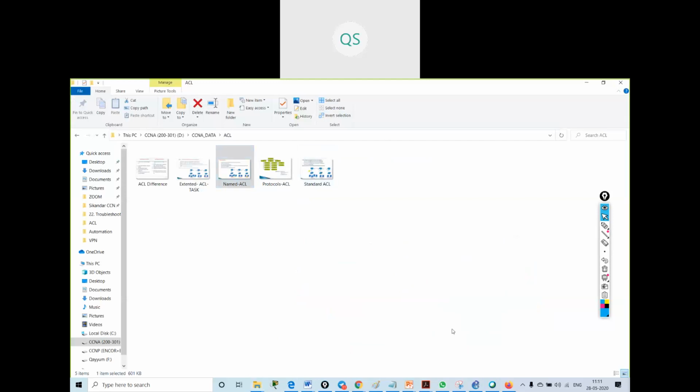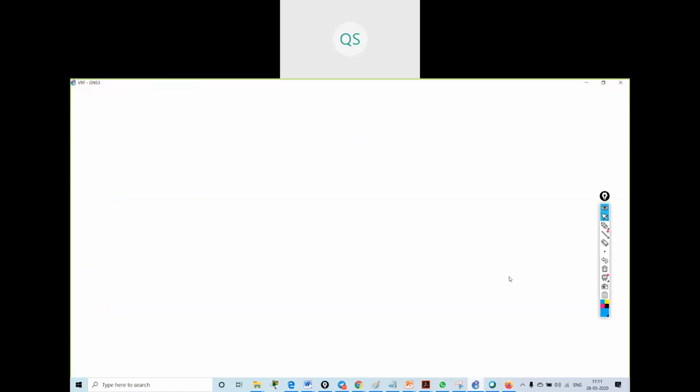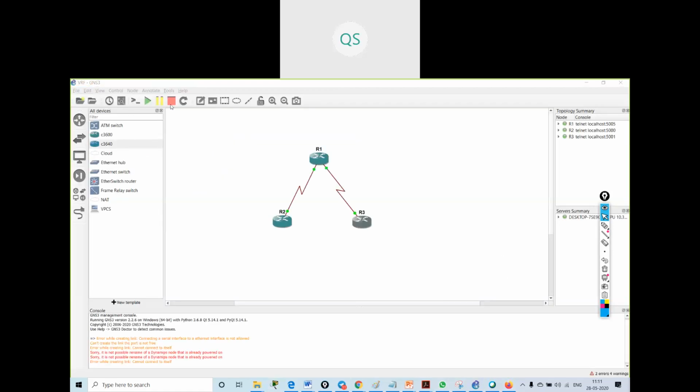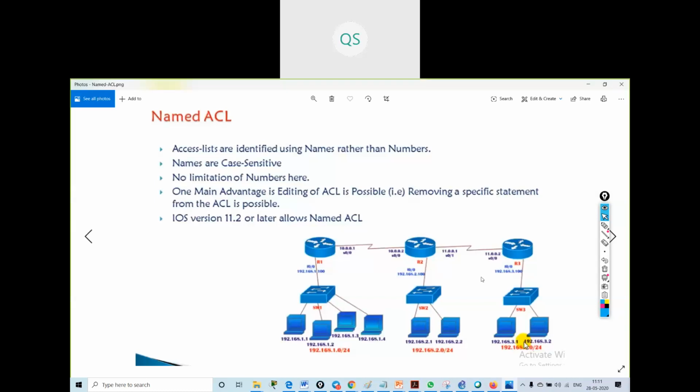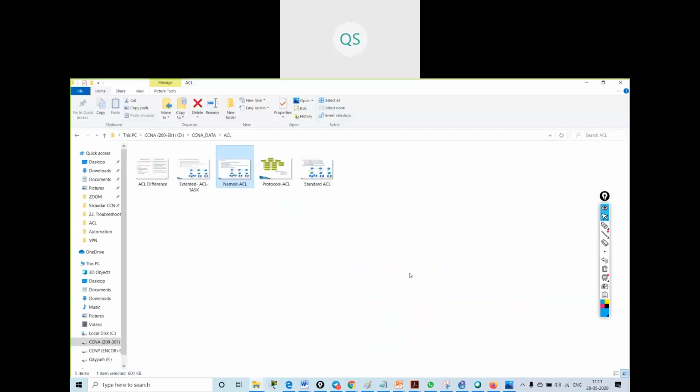So if you people want, we can see small practicals for this access list. Okay, so we will see some small practicals for access list.